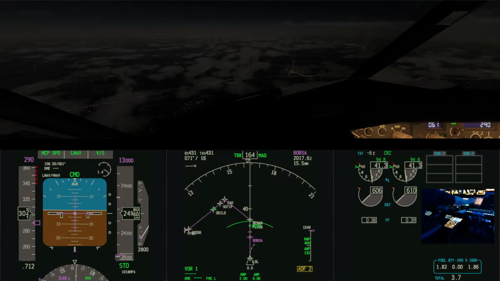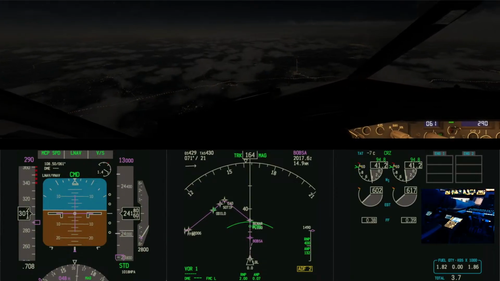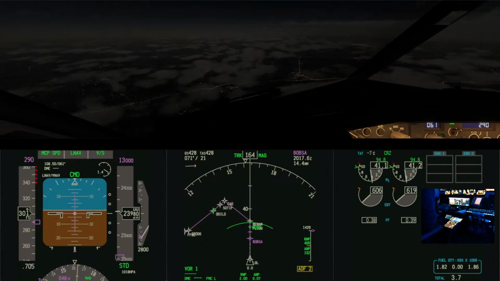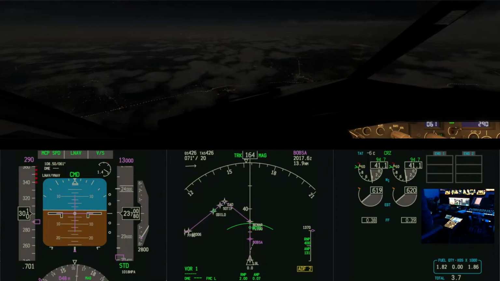So let's have a look at the charts. Approach charts for 06. So Cat 1 minimum is 483 feet, which is